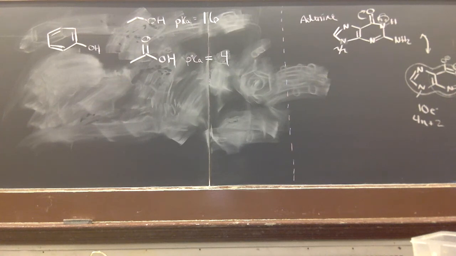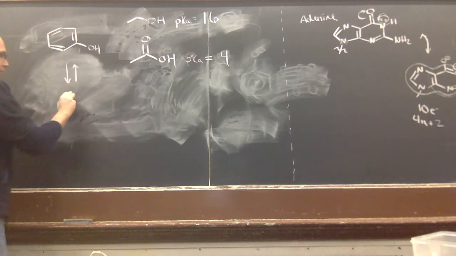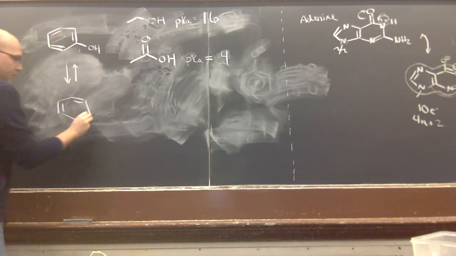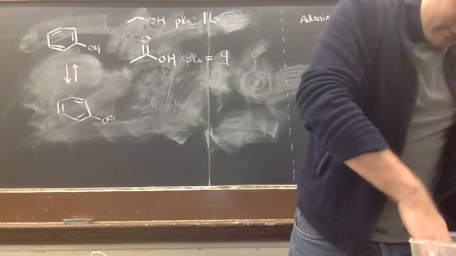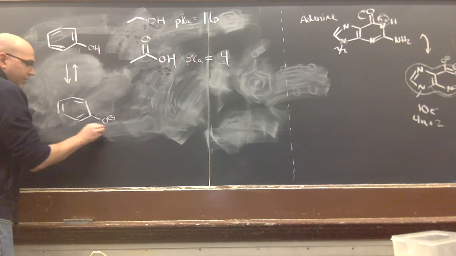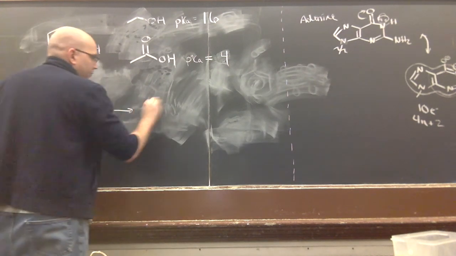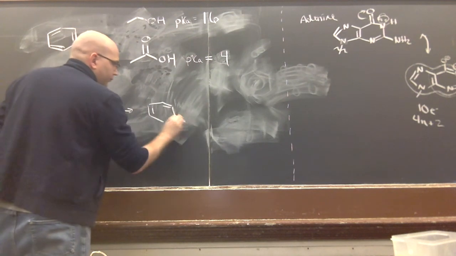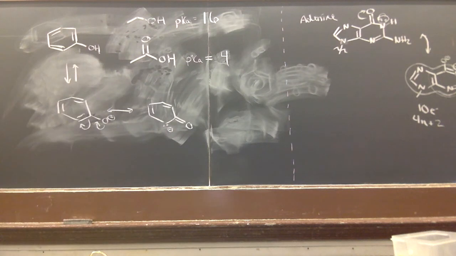Phenol also has resonance forms when you deprotonate it. The deprotonated form is that one there. And again, we can begin to imagine resonance forms of this where we push this around the system, and then we can keep pushing these around this entire system. So there's multiple resonance forms that you can imagine